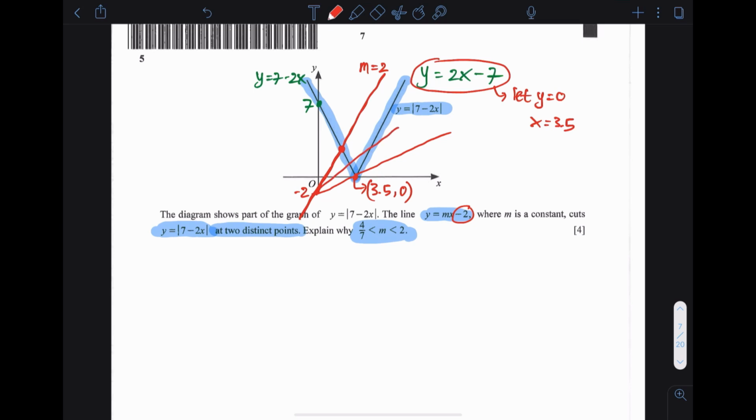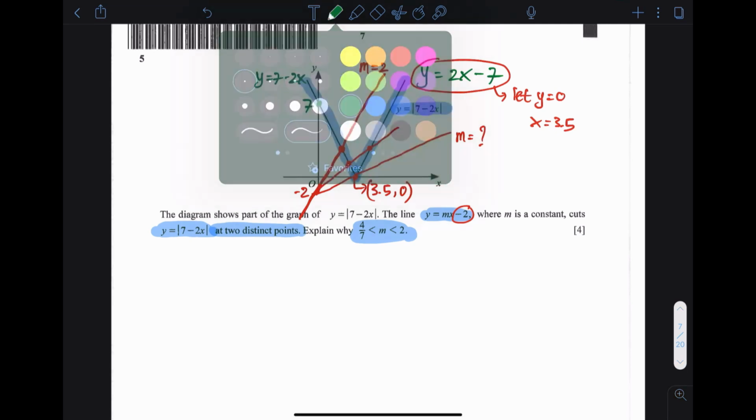Okay, for example, just imagine the line is like this. Surely you can tell that there are two intersections over here. Now, the only thing that we need to do is find out this gradient. So let's think about this line